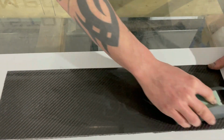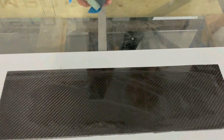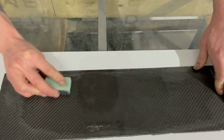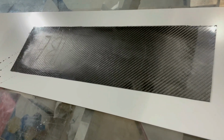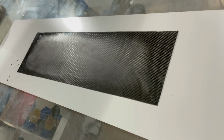Merv put these scratches in using 80 grit sandpaper, which we consider to be quite coarse. We have started here initially with 240 grit wet and dry paper using a sanding block to make sure we are sanding down the surface evenly. Merv starts with a large block of foam, then moves to a smaller block. At this stage we're just trying to sand down the surface until the deep scratches have disappeared completely, which they haven't. So